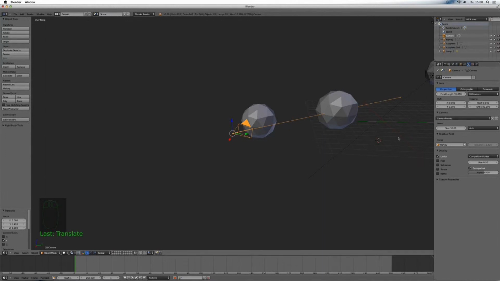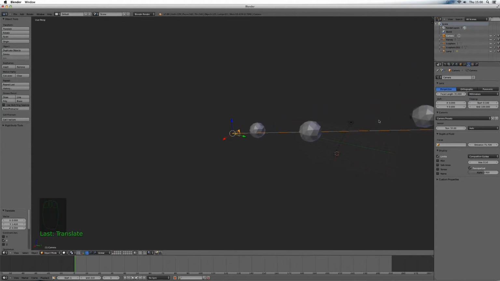If you want to pull focus in the middle of a scene, let's say if we go down to our timeline on 0, and that's the beginning of the scene. And at the beginning of the scene, we want to have the focus on the iconosphere in the background. Okay, so let's just have a look at that. Let's get that just right. So the distance in the background